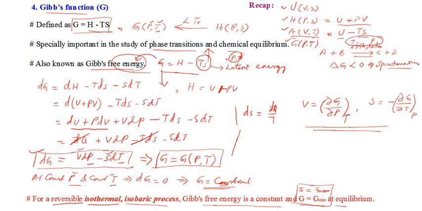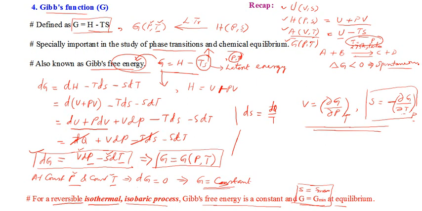Okay, so in the same manner, I cannot let you complete this session without putting some light on this equation. Can you look at this equation and infer something from it? So you can see that S is defined in terms of G, in terms of its natural variables pressure and temperature. You can see that, right? So can't you see that there is a negative sign here? Each negative sign appearing in an equation may be willing to tell you some story. Why this negative sign? What is the implication of this negative sign?